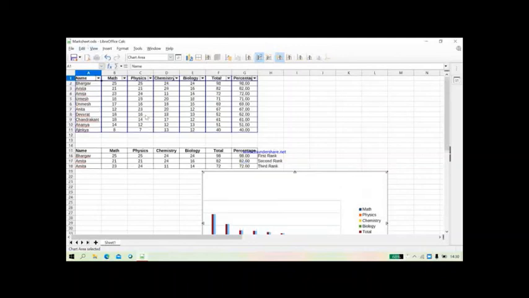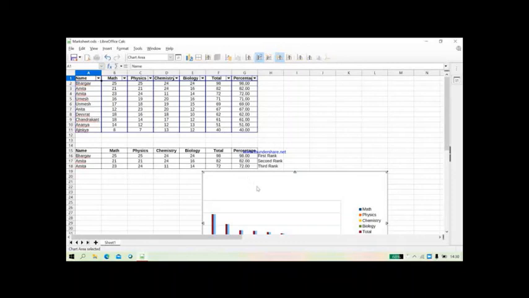marksheet.ods. So first you have inserted the fields, that is name, maths, then physics, chemistry, biology, total and percentage. Then we entered 10 students and the marks. Then we calculated the total and their percentage. Then by using the descending order, we have calculated the highest to lowest ranks and the first three ranks.